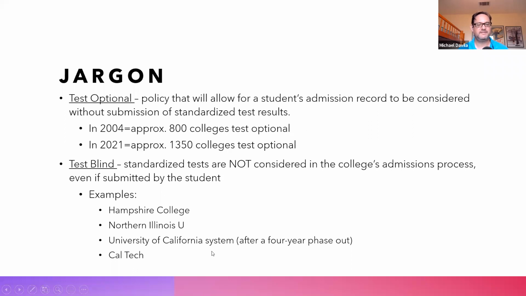But the UCs, I have lots and lots of students that are applying to the University of California system, UC Irvine, UC Santa Barbara, San Diego, those types of schools. There's a lawsuit that actually came out prohibiting the UC system from using standardized tests in their admissions process. So they are test blind. And after 4 years, they're even considering not having any tests at all, but maybe even creating their own. Caltech is another notable school that is also test blind. So hopefully that gives you a little picture of what's happening in terms of those two phenomena.